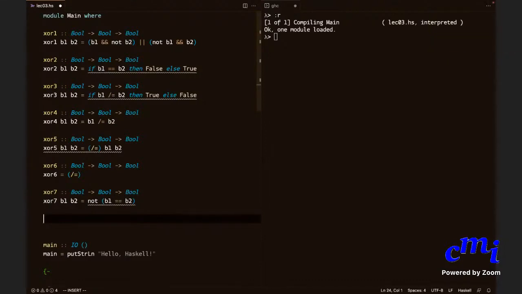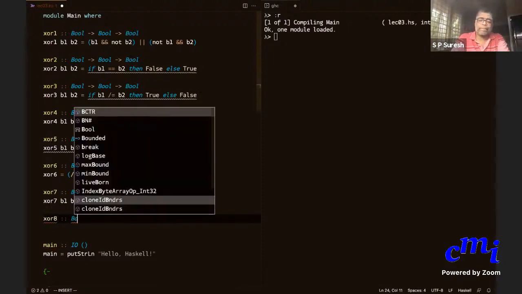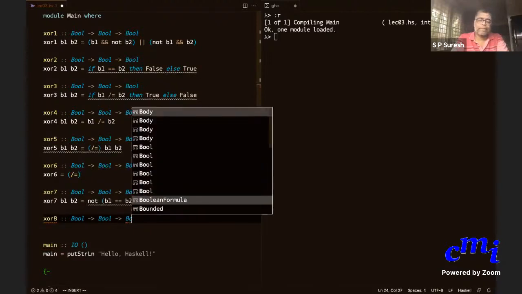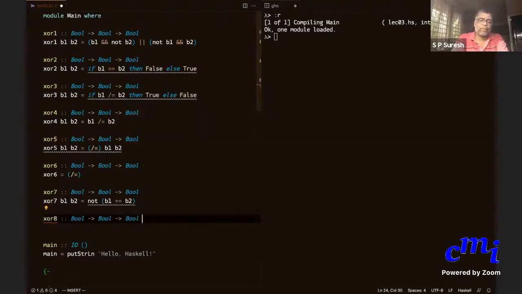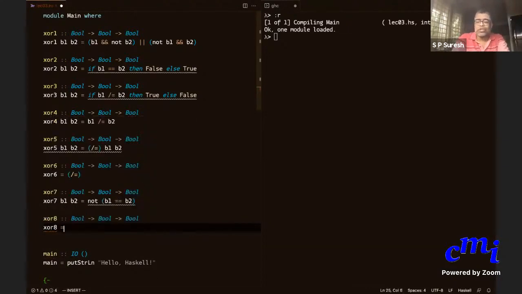But here I can already introduce it to you. What you can do is the following: XOR 8 equals, you want to start with equality and you want to do something to it.